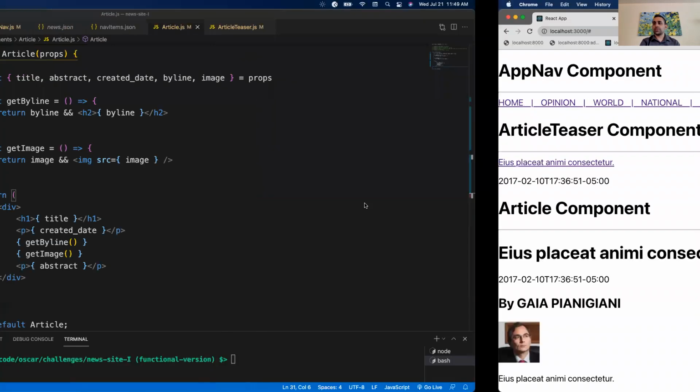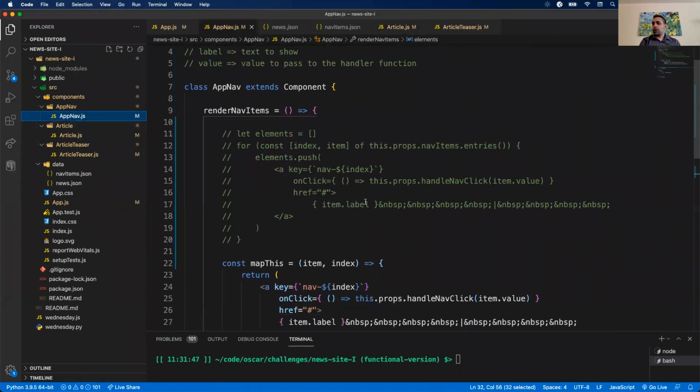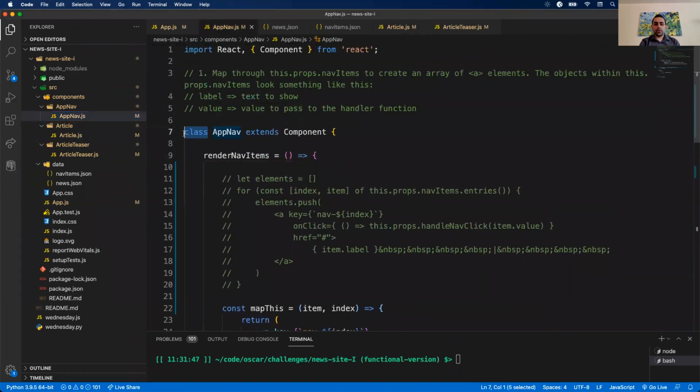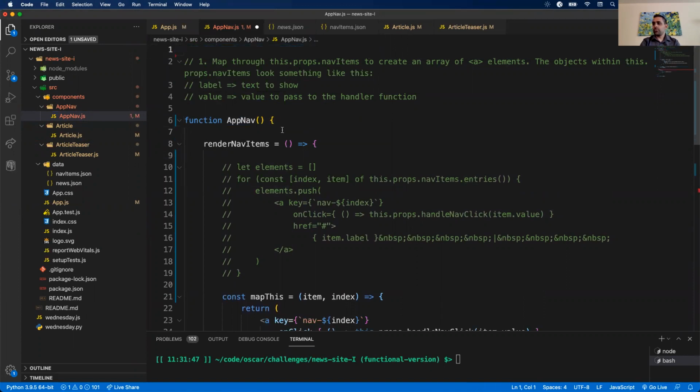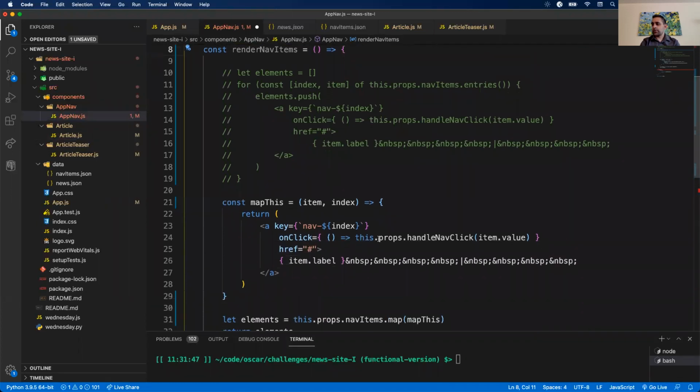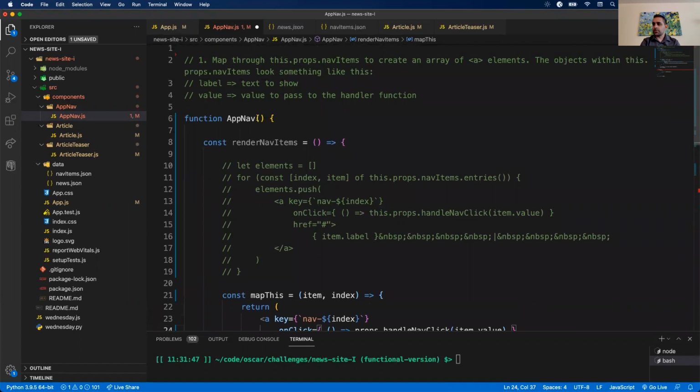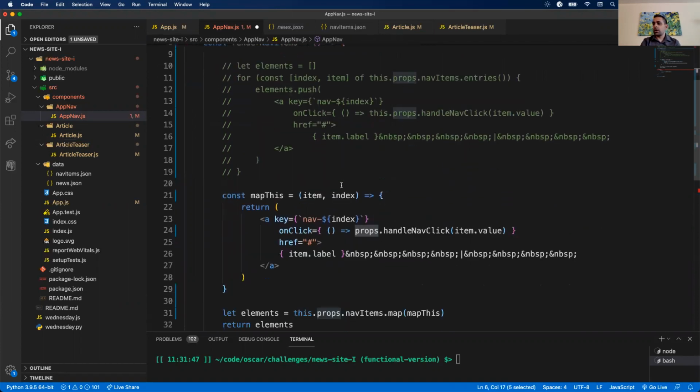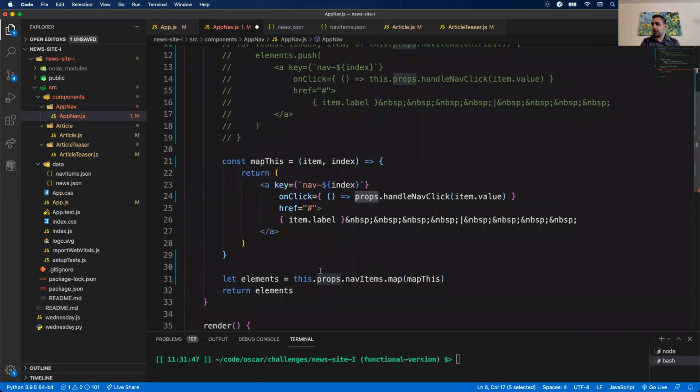Okay, the last one to do is AppNav. All right, AppNav. Let's do this one more time. Class, that becomes function. AppNav, we'll get parentheses. We don't need to extend component, so that can go away from our imports. This is a function that we created, so I'm going to call it const renderNavItems. Let's make sure we get rid of all the this items. So, oops, I forgot my props. As I said, easy to forget. So you need some variable that's going to capture the properties that the parent's passing down. So usually you want to call it props. So we have props there, props here,